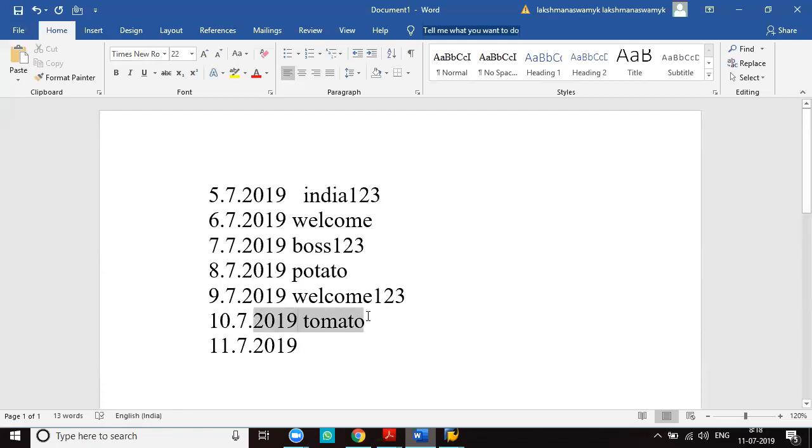That means I cannot use tomato, welcome123, potato, boss123, welcome. But if you want, you can use India123 or something else. Clear? That is the meaning of that sentence.